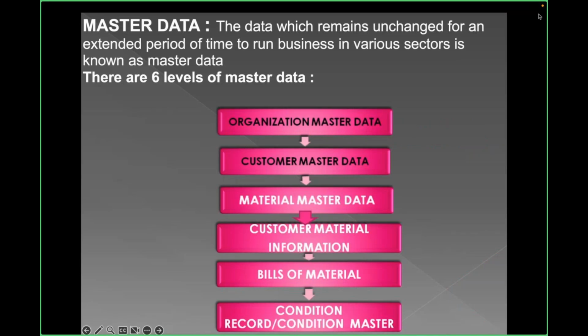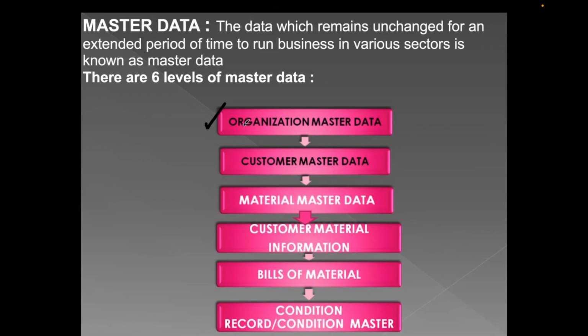All these days, what we were doing is we made the organization master data, that is enterprise structure, done. By now we customized the customer master data and we completed execution. Now when it comes to material master data here,